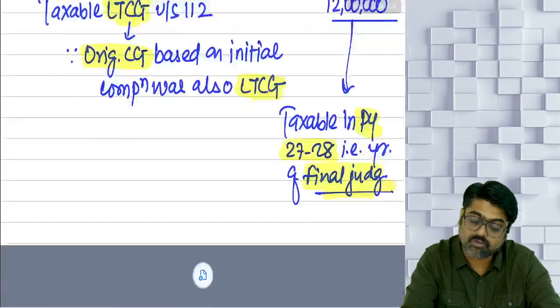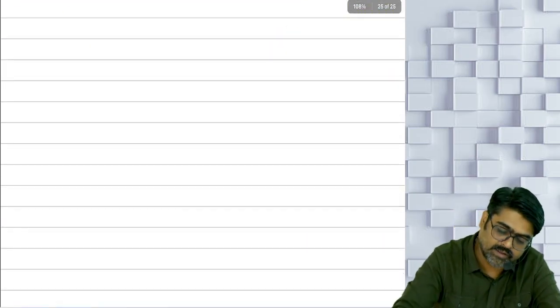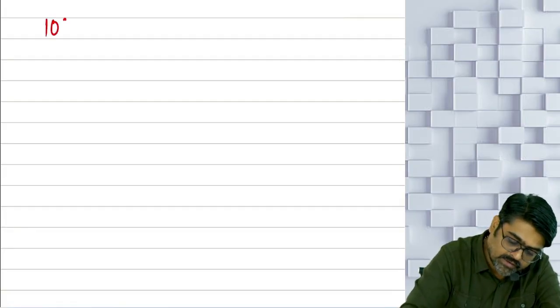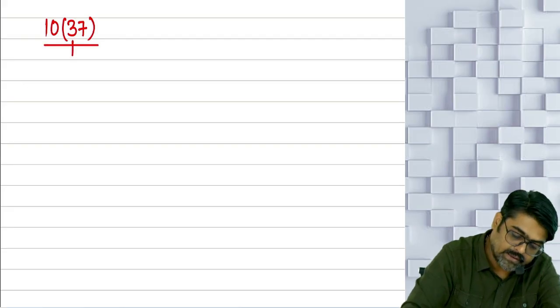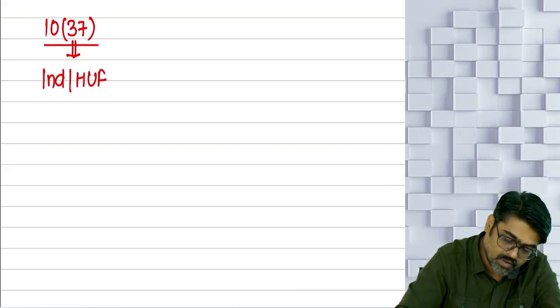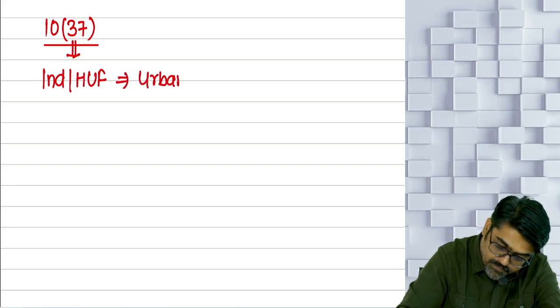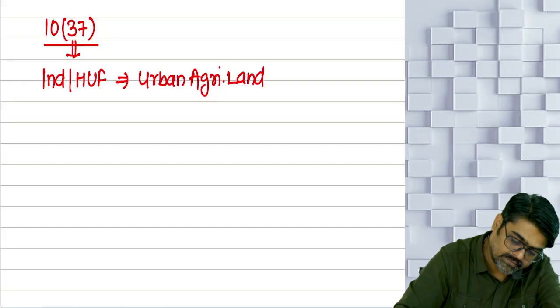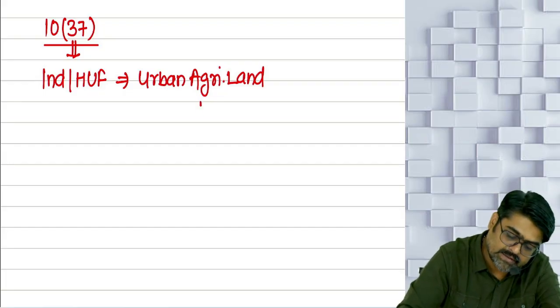Okay. Now one simple, very easy exemption is there. See, there is one section, section 10 subsection 37. Which section? 10(37), which says that if you are an individual or HUF, you are having urban agricultural land. Which land, sir? Urban agricultural land. And this urban agricultural land was